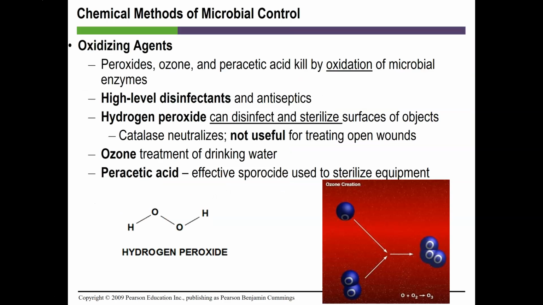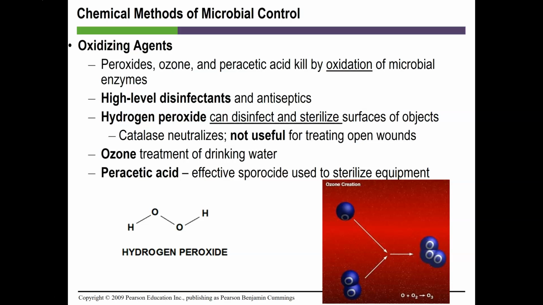Oxidizing agents are next. Remember, oxidation is loss of electrons and hydrogens. So oxidizing agents are going to pull the electrons and hydrogens away from key molecules. One of the great examples of oxidizing agents that is used in microbial control is hydrogen peroxide. While it's a really good oxidizer,